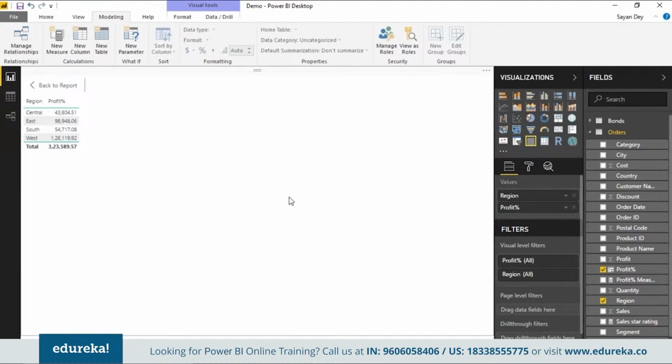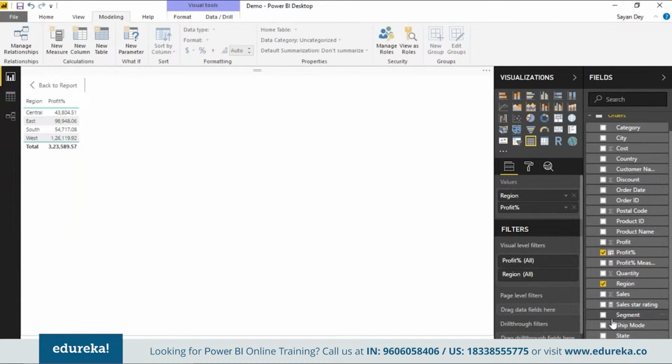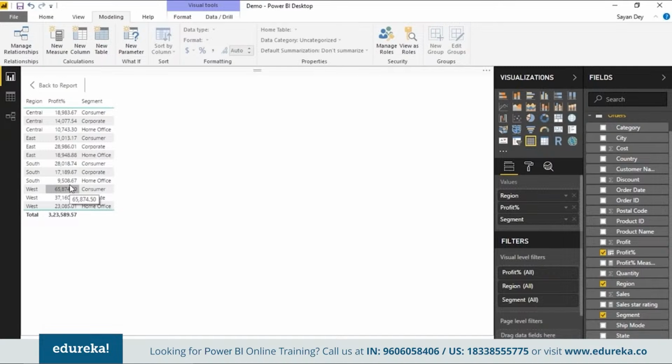I mean, 300,000 percentage. Is that a total profit percent? The answer is wrong. That is absolutely incorrect data. Even if I look at this data at a granular level across different segments, you can see it's the same problem. I get very, very big numbers, which definitely means something is wrong with my data.